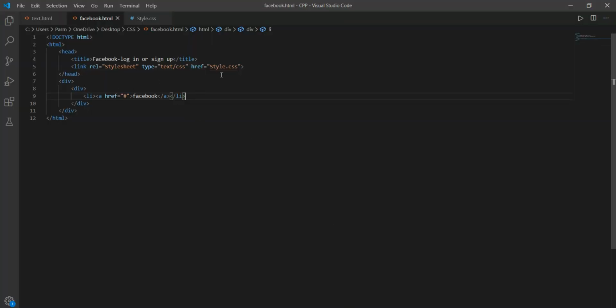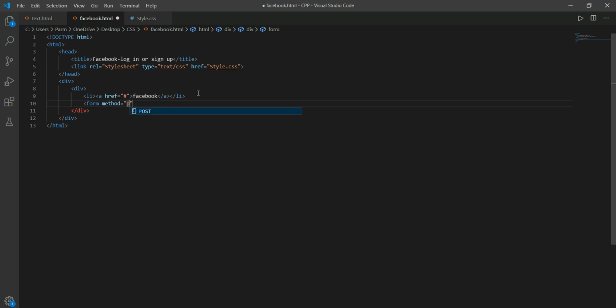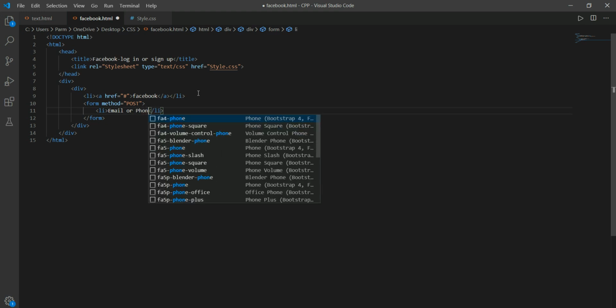So now we have to create a form. For that we use the form element. Here we specify the method of the form, and we select post, then close this form, and in this form we create a list, and here we write email or phone.